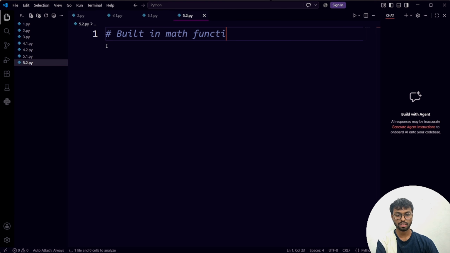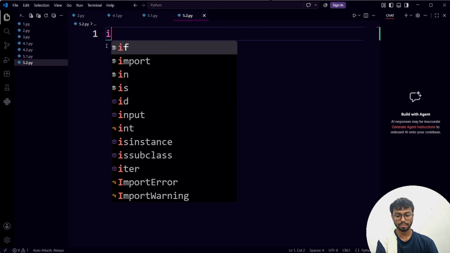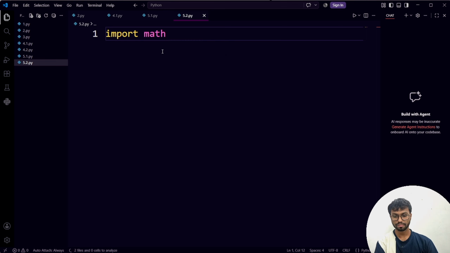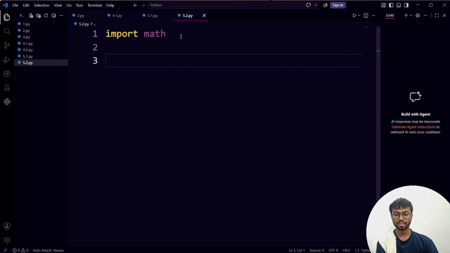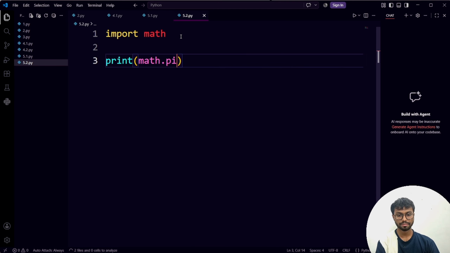Like for example, आप अगर पाई की वैल्यू प्रिंट करवाना चाहते हो बिना ऐसे कुछ किए, आप जस्ट import math टाइप करेंगे, then ये इंपोर्ट कर लेगा मैथ मॉड्यूल को। और उसके बाद आपको फॉर एग्जांपल प्रिंट करना है पाई की वैल्यू, प्रिंट मैथ डॉट पाई। To print this, it will print the value of pi,